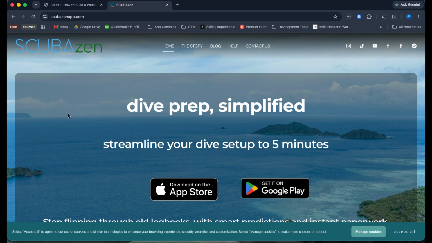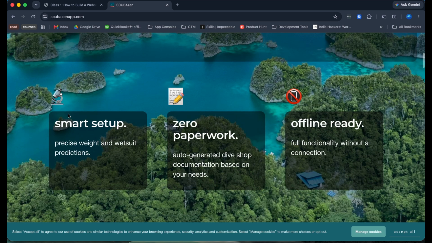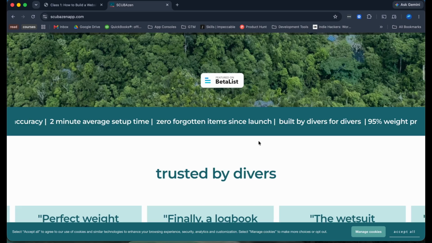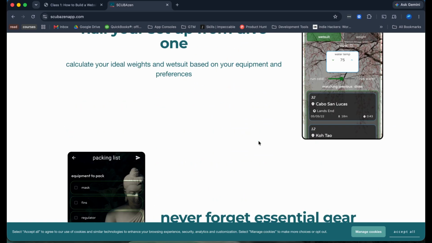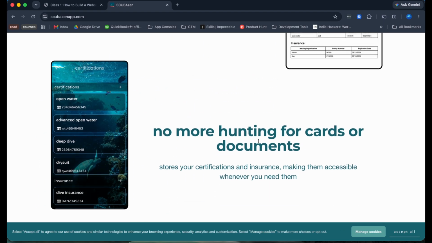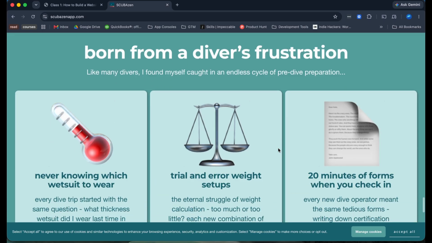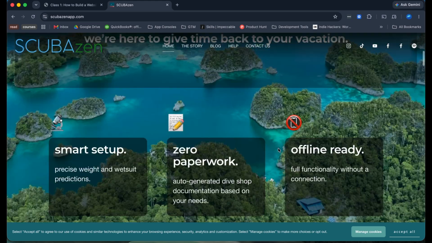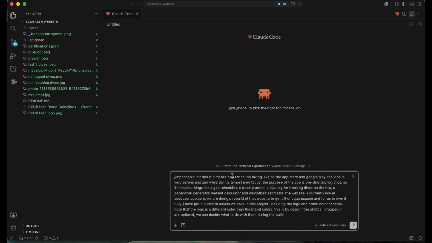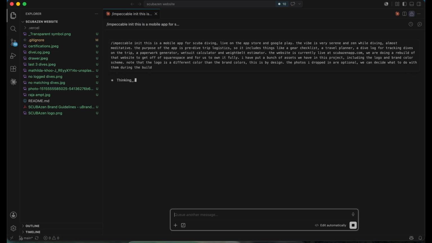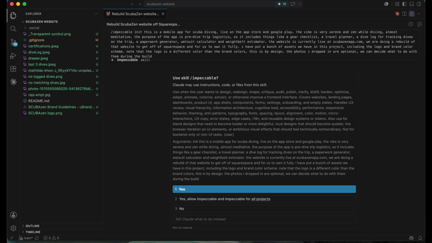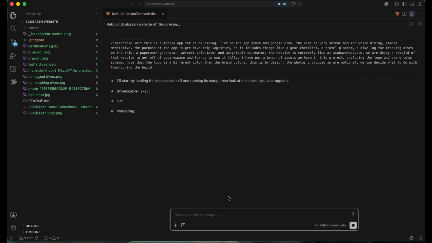So this is the original Squarespace website. It's pretty basic. Look, I'm just using emojis and these templates, and it's fine. It does the job, but it's not great. It's not that engaging. It has a lot of room for improvement. These are very basic tables. And the other thing is I'm paying for this. If I do it this way and completely own it, then I'll have it for free and I can make it even better. So then we hit enter, and it's going to start going through the process of figuring out what's around, and then based on the information it has, it's going to ask me a bunch of questions.